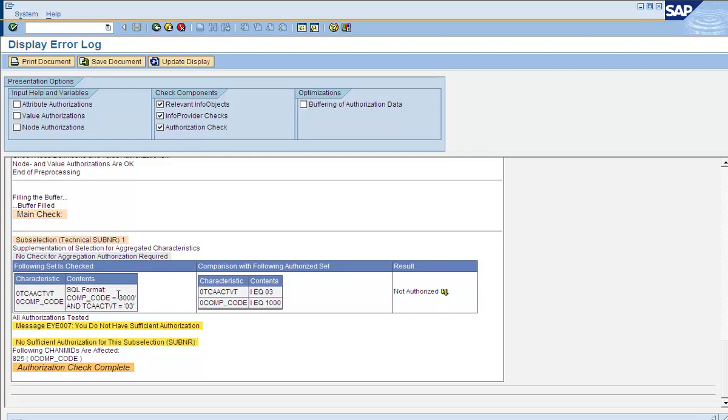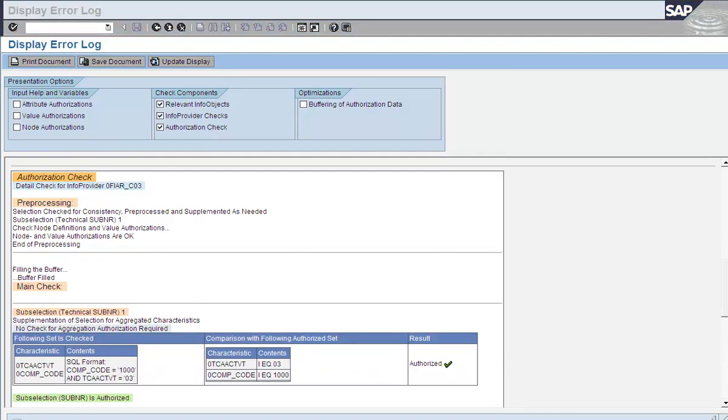So in the selection screen, we have put 3000 for the company code, and the activity it looked for was 03, and this is what the user has authorization for. So the user has authorization for activity 03 for this characteristic, and we input 3000, but the user has access only to company code 1000. So it says not authorized here because the user does not have access to company code 3000.